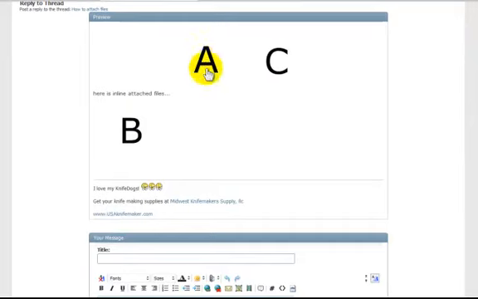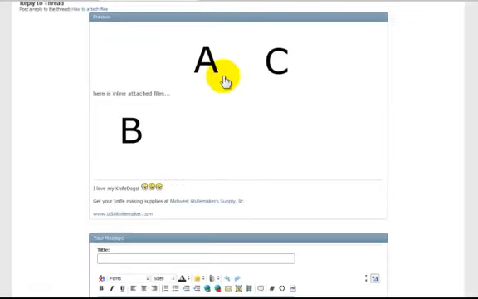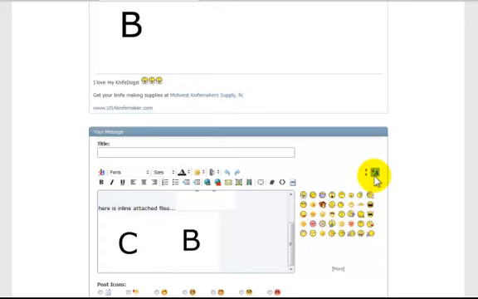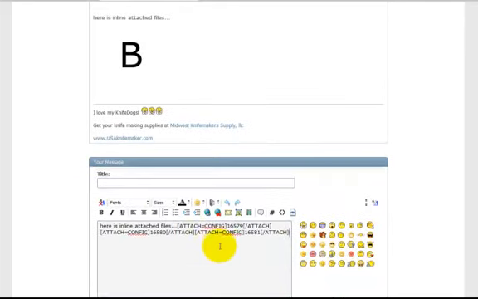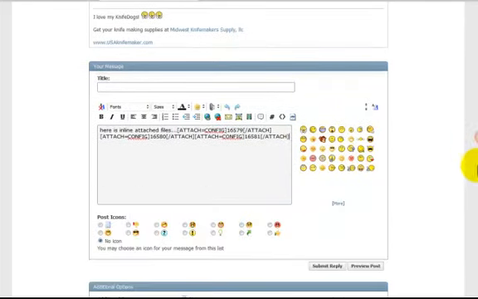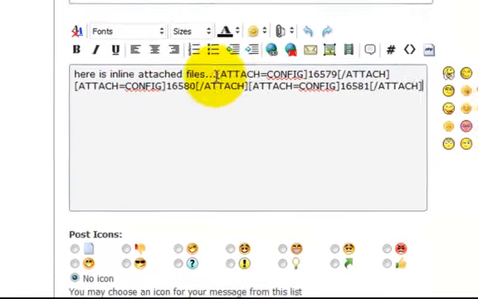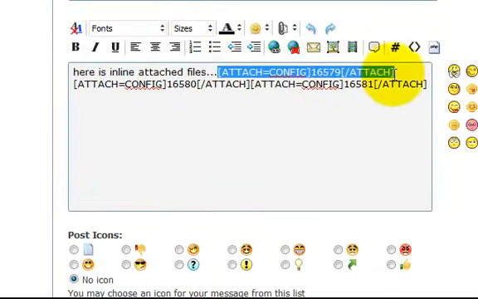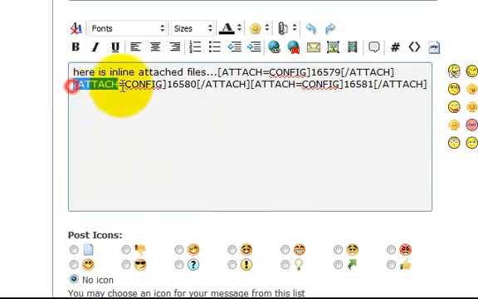Now these are a bit jumbled. If you remember, we had A, C, B, and that's how those are displayed. But let's say we want to do that A, B, C. Let's click the Tag Manager, and we know that that tag right there is the A file. There's the C file. There's the B file. This is,